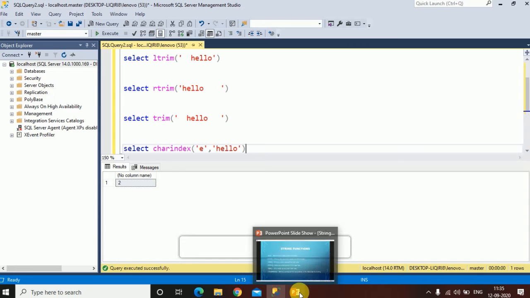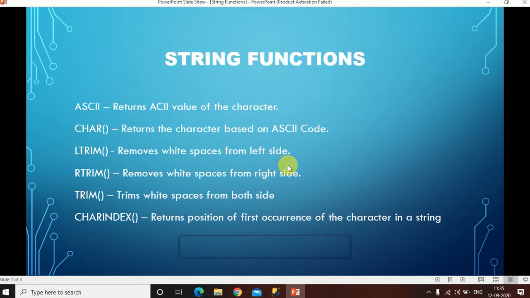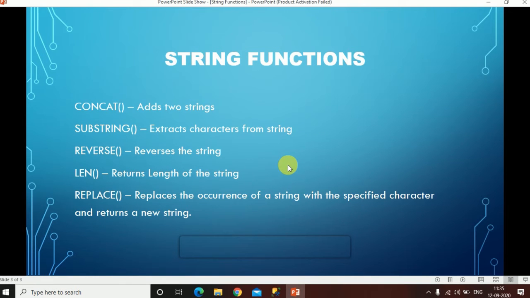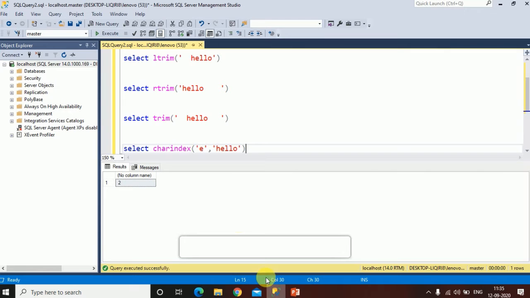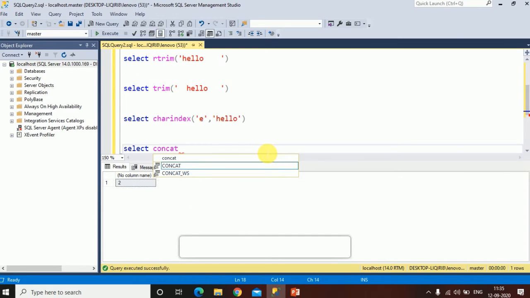Let's look at other string functions. Now we have the CONCAT function. If you want to add two strings, we will use the CONCAT function. We'll check how the CONCAT function works. Suppose I want to concatenate two strings, so I will use CONCAT and specify both the strings.